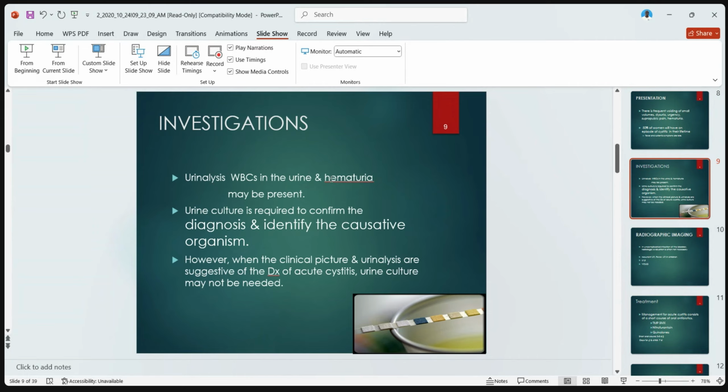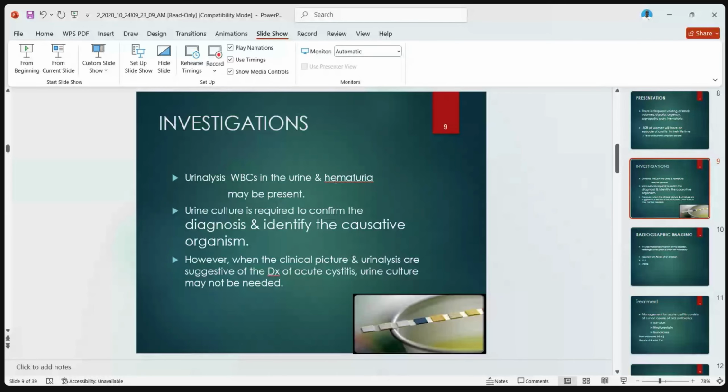Hematuria, blood in urine. This can indicate infection in the lower or upper urinary tract, but majorly upper. Then urine culture is required to confirm the diagnosis and identify the causative organism. Inamaanisha after doing, for example, urine analysis na umepata white blood cells iko juu